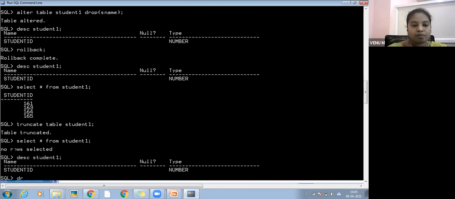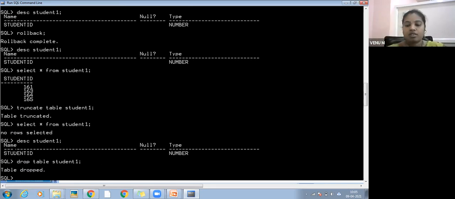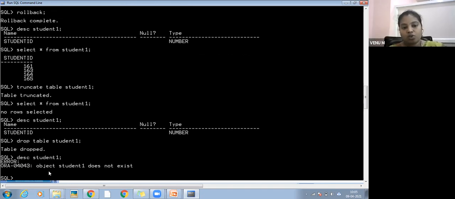Drop table. What is the table name? Student one is the table name. Drop table name. The table's entire structure is also deleted. Now you have to see the structure. No object. Object student one does not exist. Means it is deleted entirely and permanently from the database.